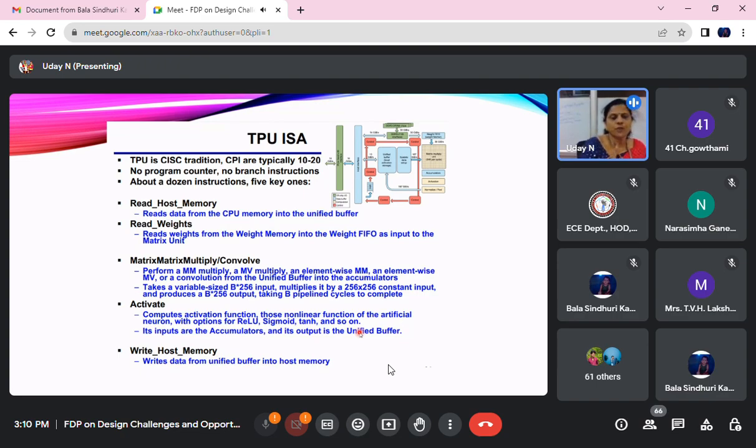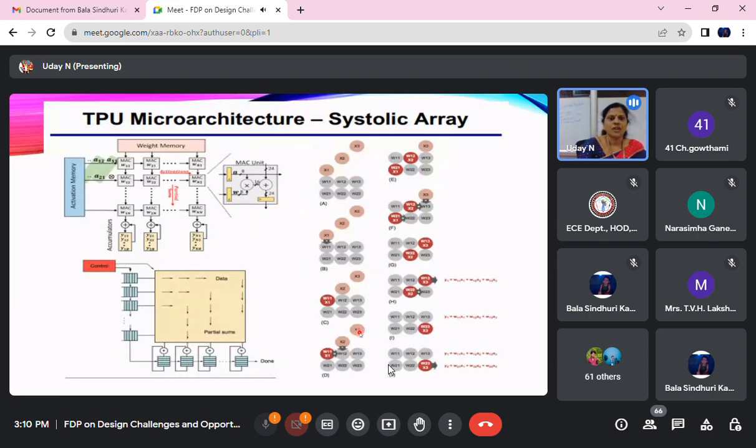Third one is to perform matrix multiplication and convolving operations. And the fourth one is to perform the non-linear activation function, and to write the output in a host memory. So these are the five important operations that are performed by a tensor processing unit. So as I told you,